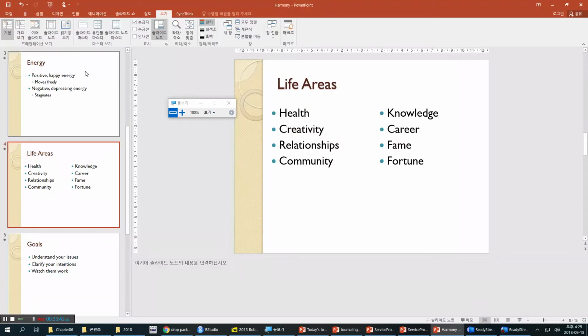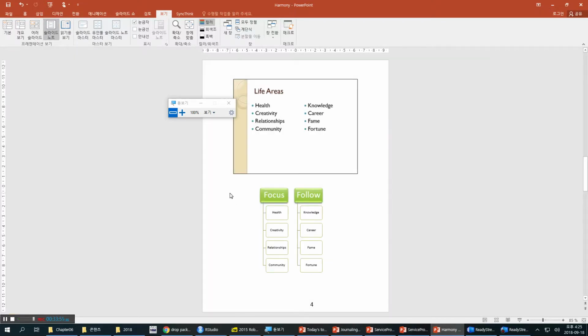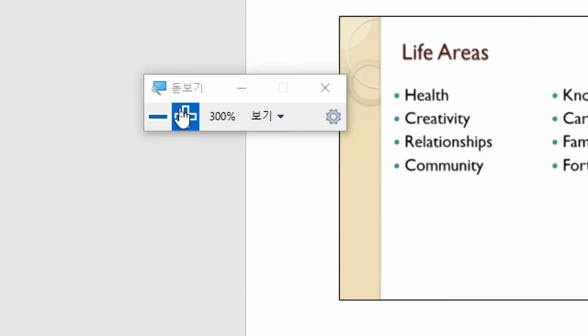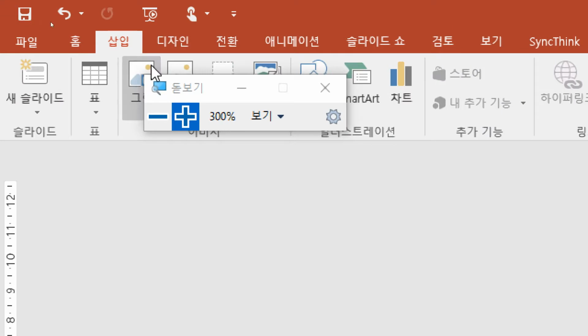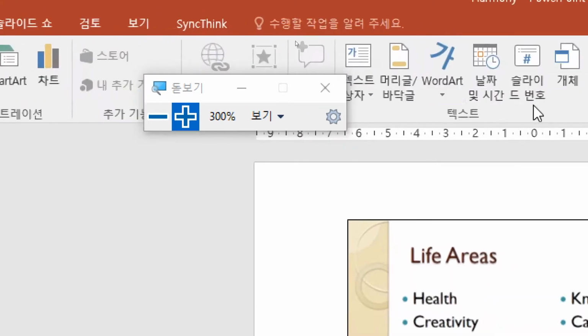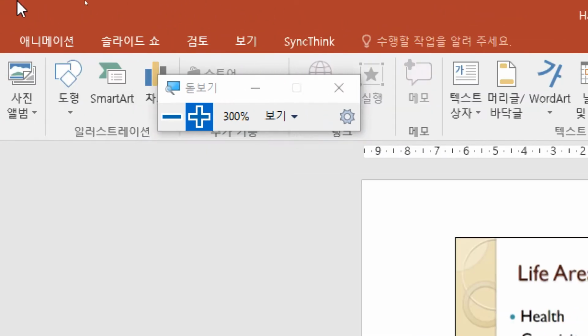We can do even more. And that's when we turn back to the notes page. So slide notes. And then here in the Insert tab, Text group, here we go,